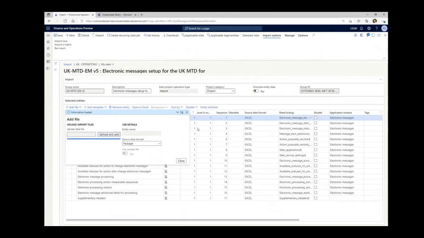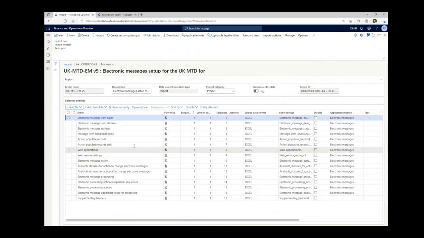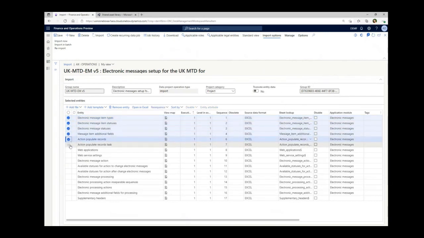As soon as the data entities are shown in the grid, delete those entities that already imported to your system and are not needed, except for web applications